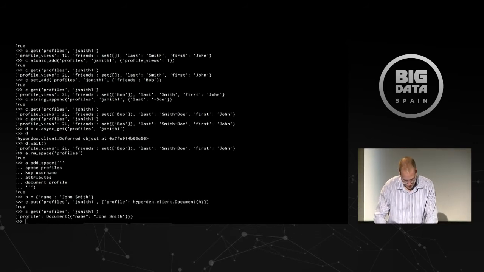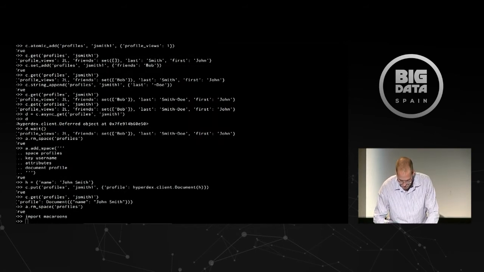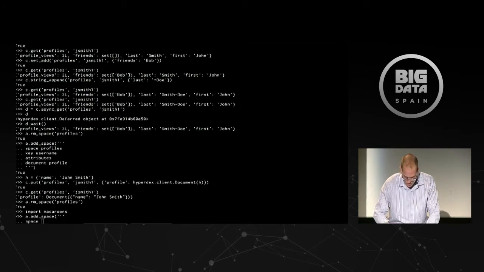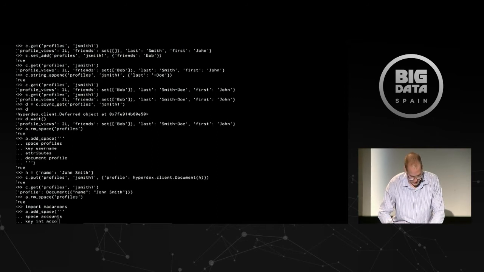So once again, we're going to remove the space. We're going to import macaroons, and we're going to add another space. In this example, let's go with a bank account example. That makes a little bit more sense in this context. It's a simpler example to follow. So we're going to create